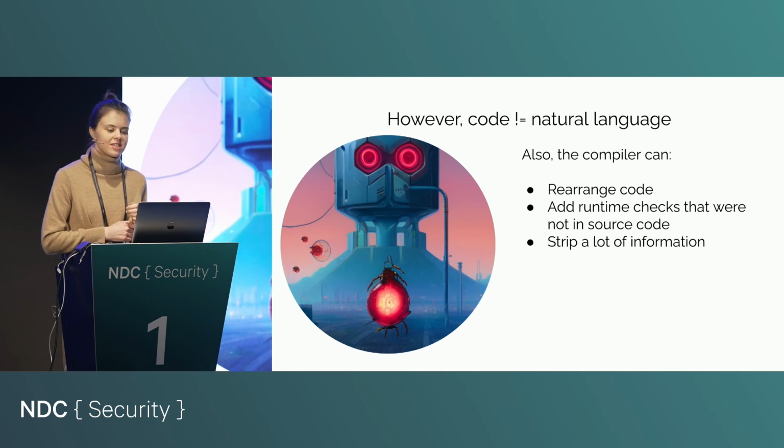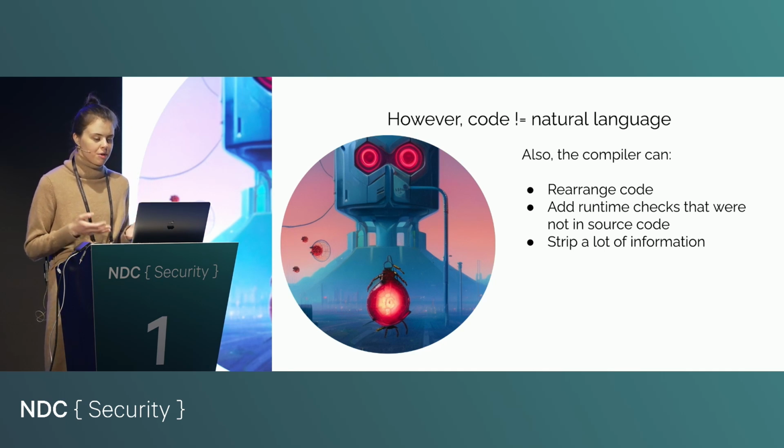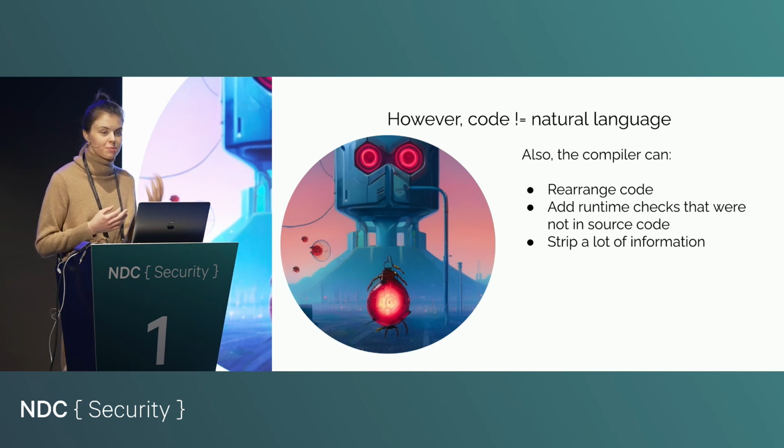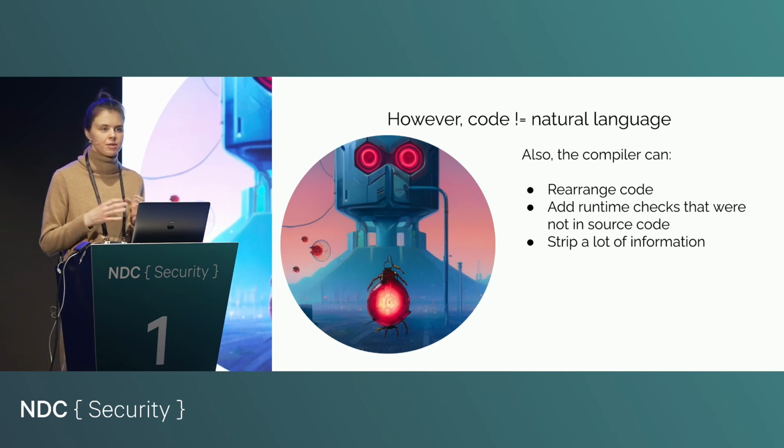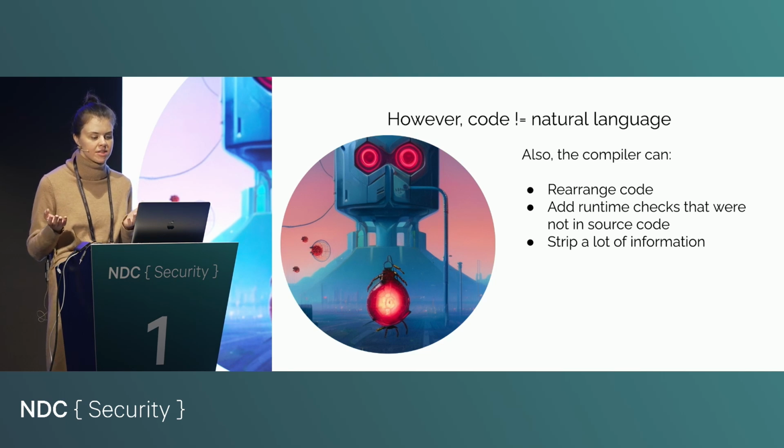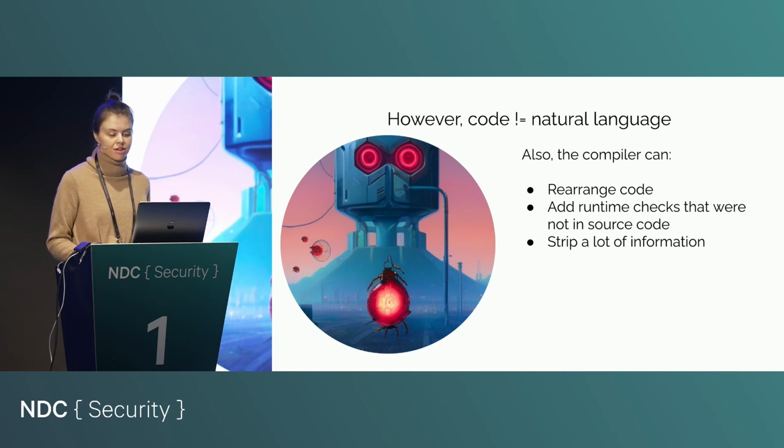The second warning is that when we translate human language, when we go from Swedish to Finnish or Swedish to Norwegian, there is no compiler in between. So the information that we express in a Swedish sentence, we usually try to preserve almost equally in the sentence that we write in Norwegian, say. But in code, this is definitely not the case, because in between source code and assembly, we have the compiler. And the compiler can do all kinds of things that we as developers probably have little control over, and more than that, little knowledge of. At least I personally don't know any compiler internals, so I have no idea what's actually happening in this translation step.